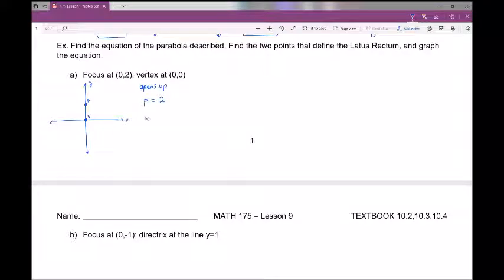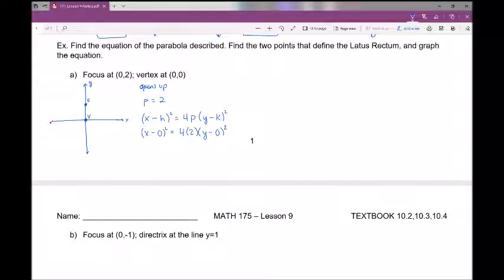So we have (x minus h) squared is equal to 4p times (y minus k). Working in this form, we don't even really need to find a. We're good with just p. So let's sub in what we have. We have (x minus 0) squared is equal to 4 times 2 times (y minus 0), and totally simplifying this,